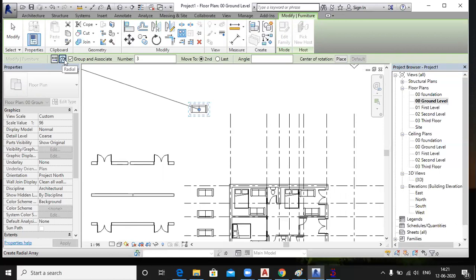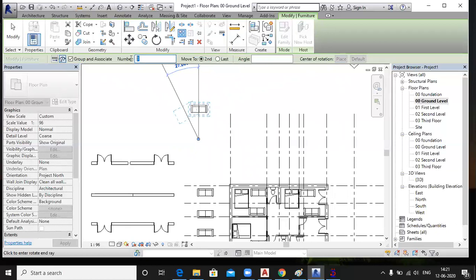You just click on radial, and for the center point you must click on the place, specify the rotation angle here and specify the alignment. Now this array will rotate about our center point.